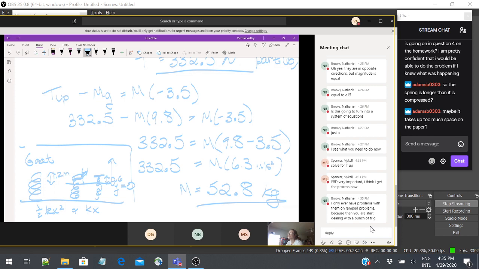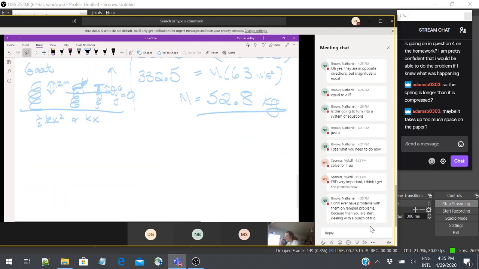What we should start doing is being like, you get 5 points for a free body diagram. No free body diagram, no points. But ramped problems are tricky because then you have to do trig. Yeah, true. You also have to do trig for rock on a string type questions and pendulums and things like that. You gotta do a lot of trig for that. But draw a free body diagram.